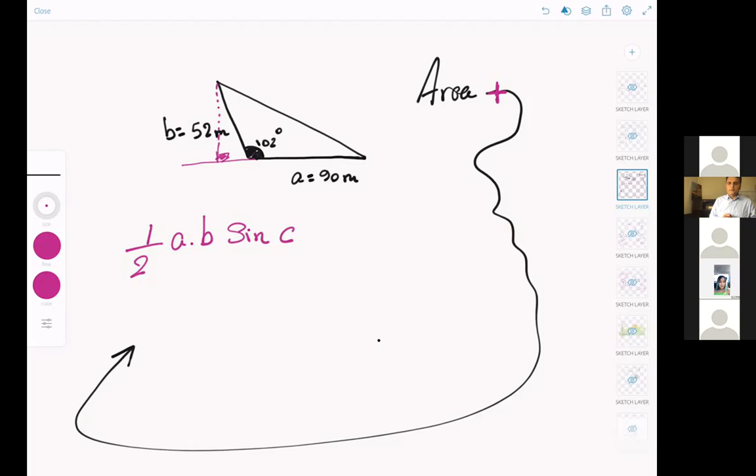So we make a right triangle. We prove this one: the area of a triangle, any triangle, if we have two sides,